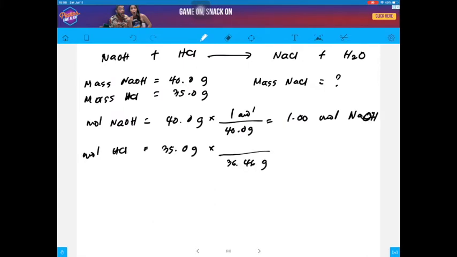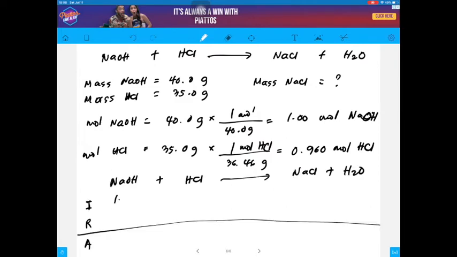Also, we can convert the amount of hydrochloric acid to moles of hydrochloric acid using its molar mass. Now we can use the ICE table for this. Initially, there's 1 mole of sodium hydroxide and 0.96 moles of hydrochloric acid. There are no moles of product initially. During the reaction, the first to be exhausted is the one with the least number of moles. So in this case, the limiting reactant is the hydrochloric acid,